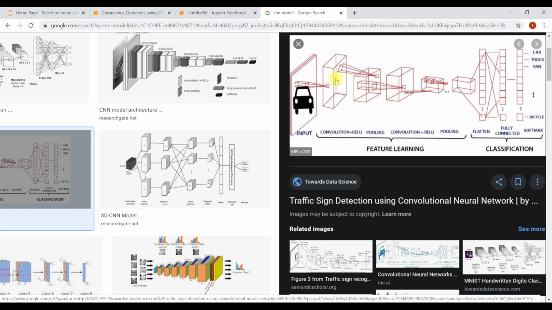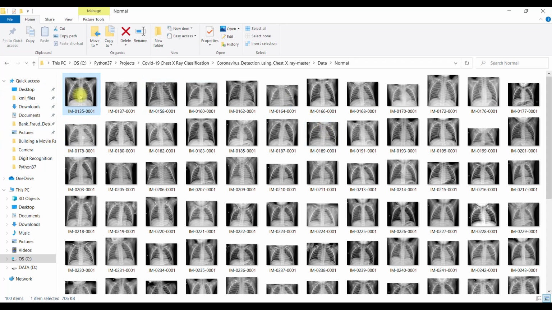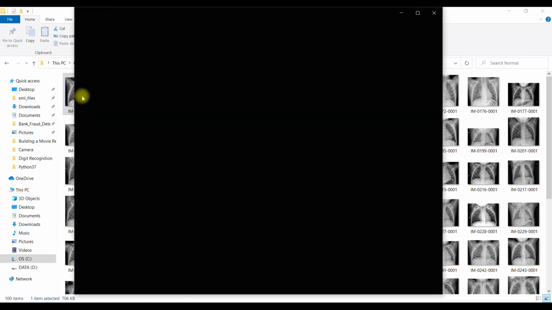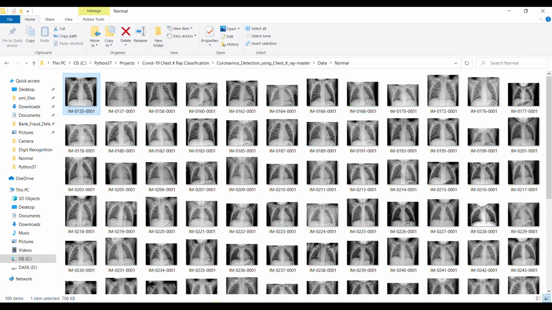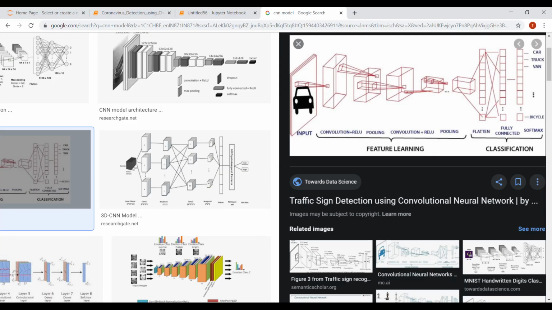Every image size should be the same, because your model will not take different size images. See, every image size is different. We need them to be in the same particular size so that the training of the model gets easier. Different sizes of images are just not allowed, it's confusing to the model.